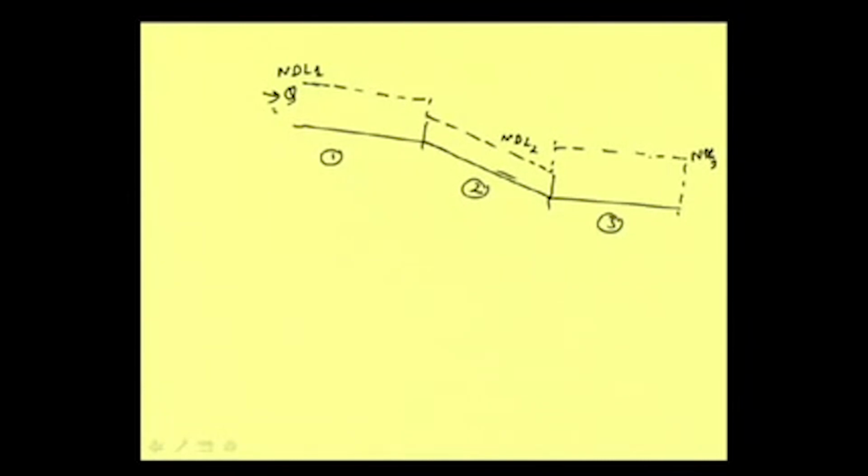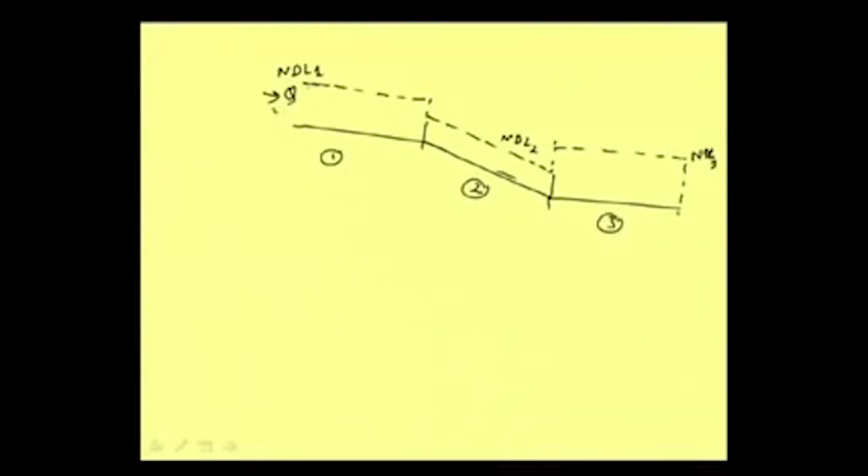But in a channel, when we allow the water to flow freely, it will always try to attain the normal depth condition. Of course, if we make some disturbance there, then it will be disturbed, and if we allow it to flow continuously for a long time without any obstruction, without any drop, then it will try to attain the normal flow condition. So, what will happen here, if we assume the flow is coming like this at this normal depth, but here it will try to meet this normal depth, and so it will gradually come down,